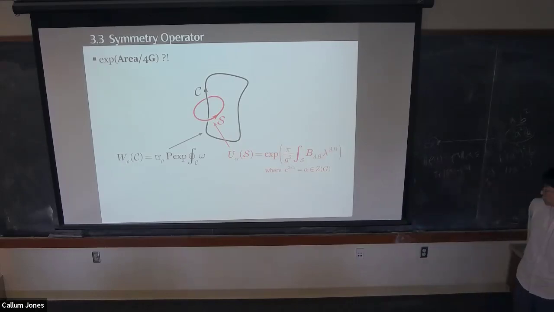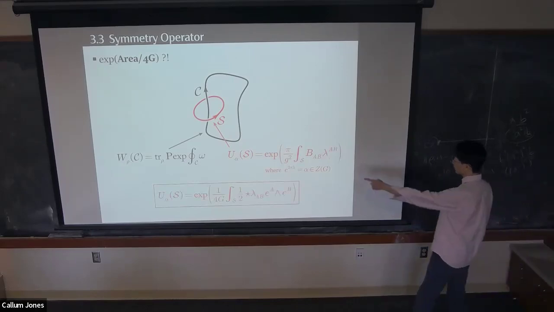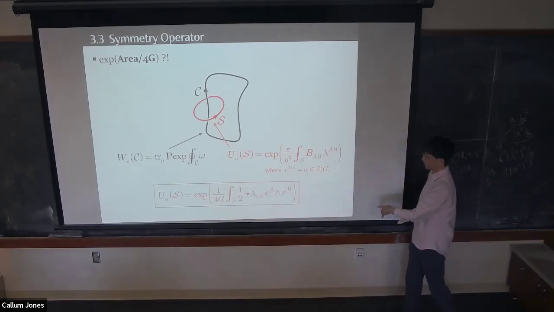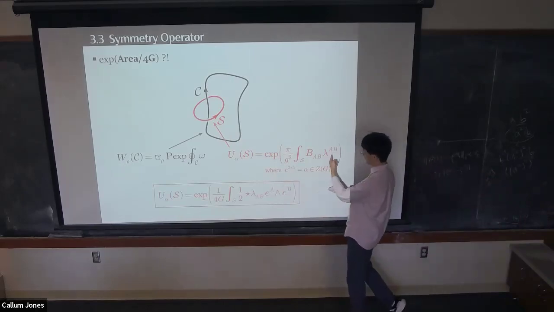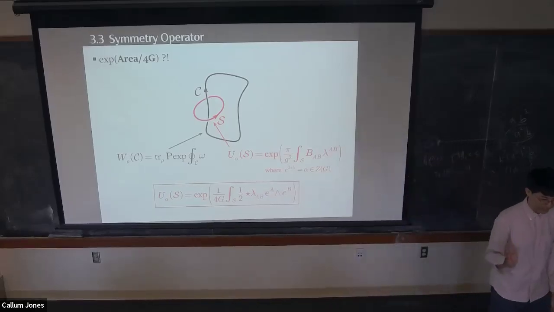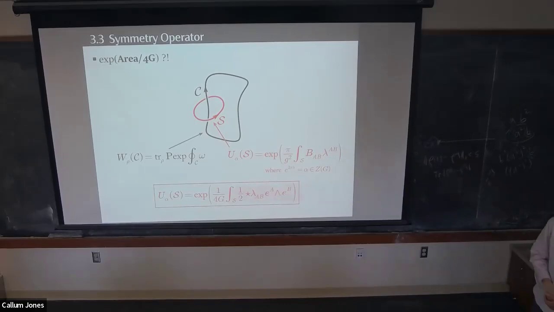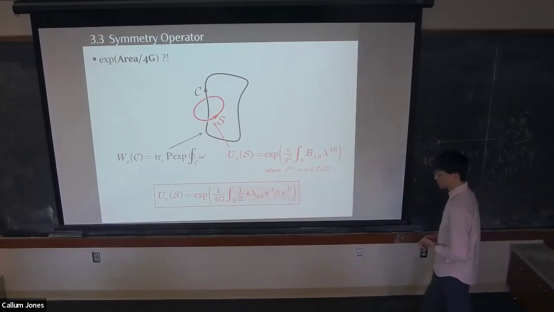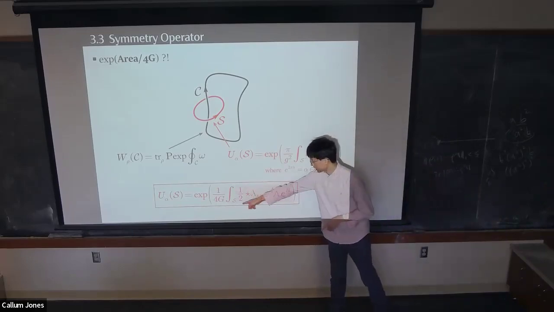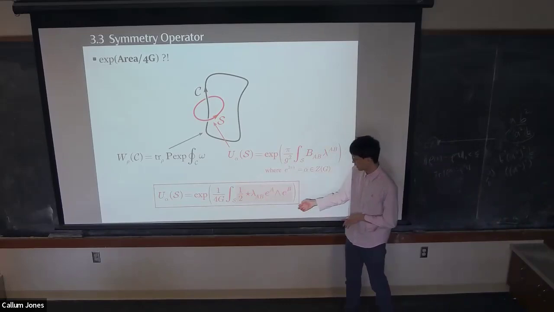So if I unpack the joint index into the anti-symmetrized fundamental indices, then I can plug in the definition of the BAB for gravity here, which was the epsilon times E wedge E. And then I can absorb the epsilon and lambda to make it the Hodge star. And then this formula, curiously, looks like area over 4G. So this combination is basically the dot, where this is just the normalization.